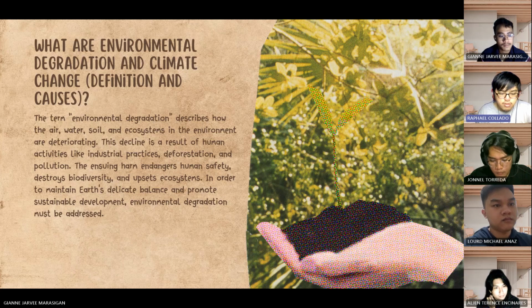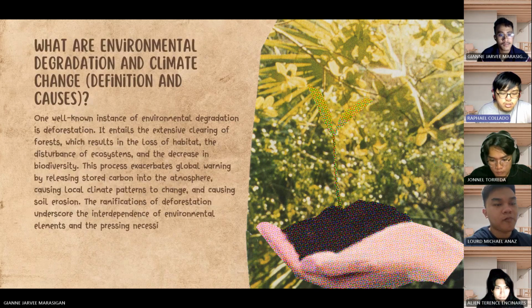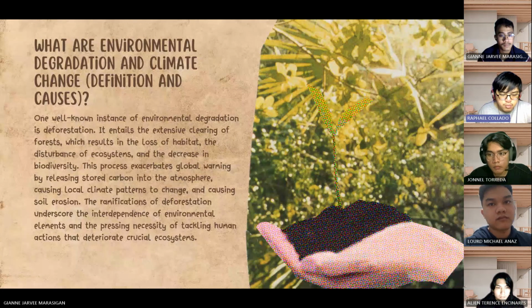One well-known instance of environmental degradation is deforestation. It entails the extensive clearing of forests, which results in the loss of habitat, the disturbance of ecosystems, and the decrease in biodiversity. This process exacerbates global warming by releasing stored carbon into the atmosphere, causing local climate patterns to change, and causing soil erosion. The ramifications of deforestation underscore the interdependence of environmental elements and the pressing necessity of tackling human actions that deteriorate